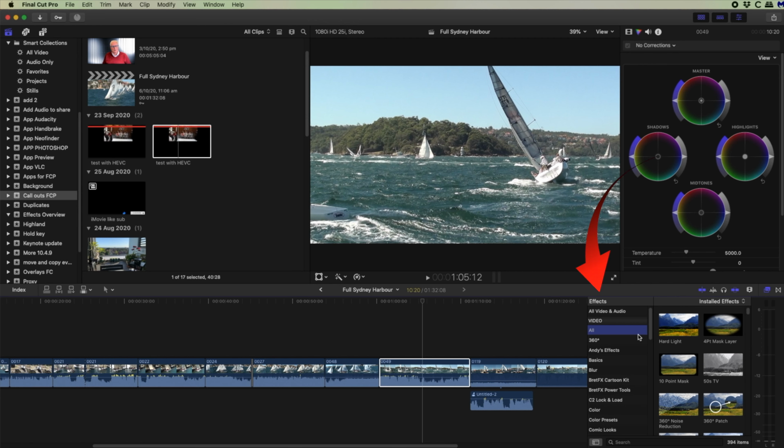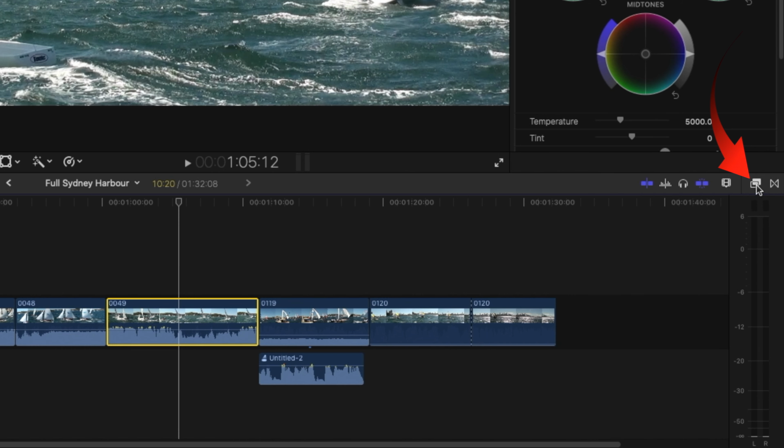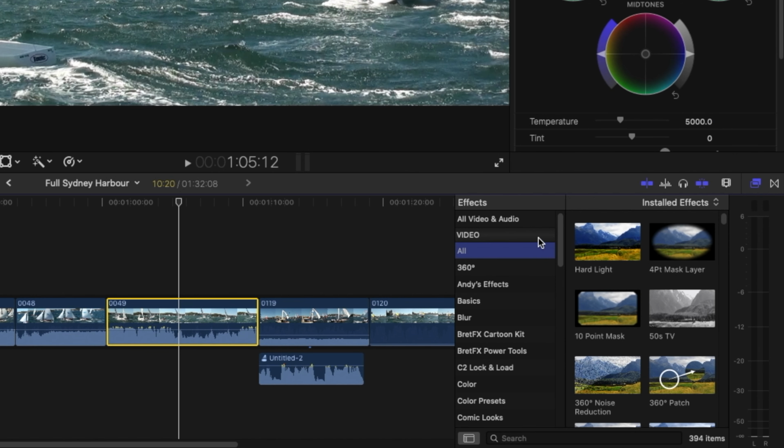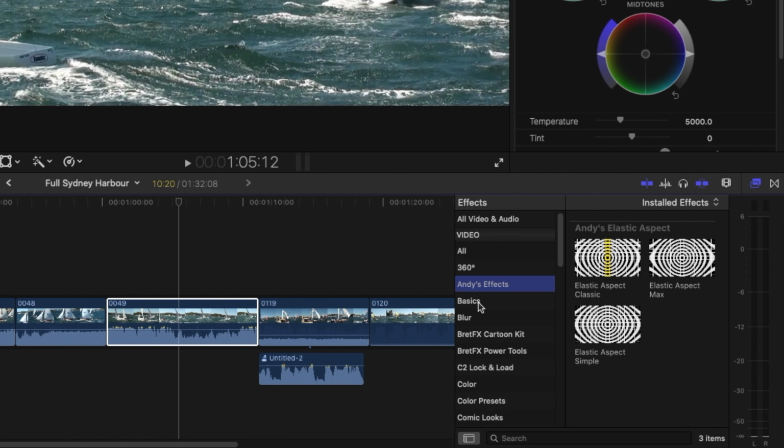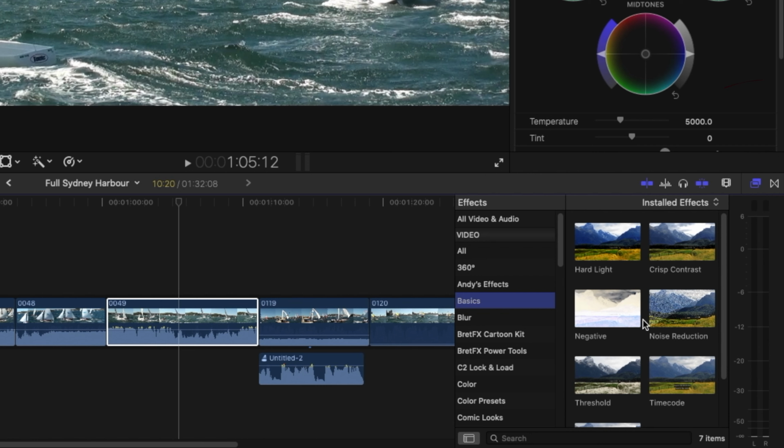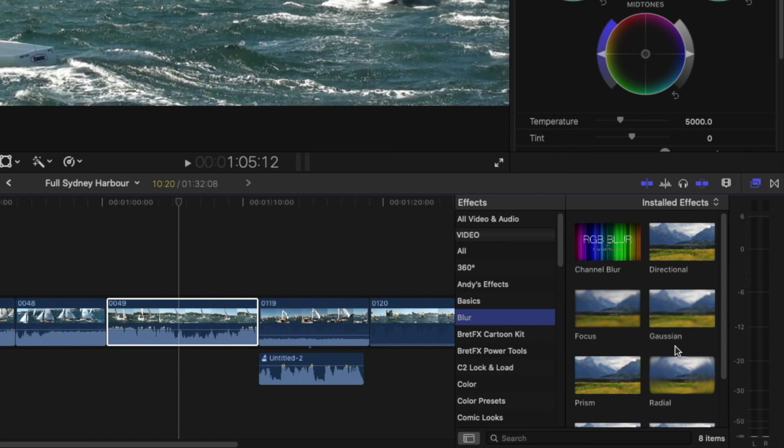You also have effects in your effects browser, and this is turned on with this button here, and it's made up of two panels. The left-hand panel shows you the index, so you can look at all of the basics that are now showing in the right-hand panel. If you select blur, then you get the blurs in the right-hand panel.